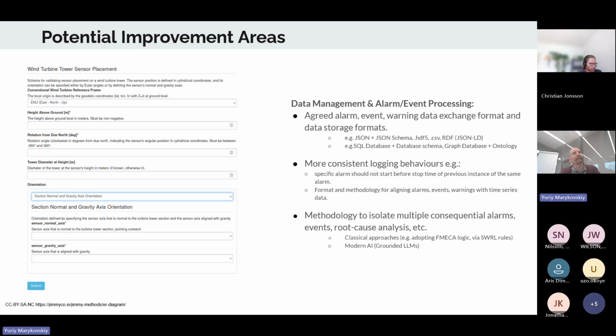From the data management and alarm event processing side, we said that it would be nice to have an agreed alarm, event, and warning data exchange format. Last time we said that we are quite agnostic about it. It can be JSON plus JSON schema, or a SQL database for people to store data with a database schema, or RDF and JSON-LD formats. We are quite agnostic about it. Obviously, we have our own opinions, but